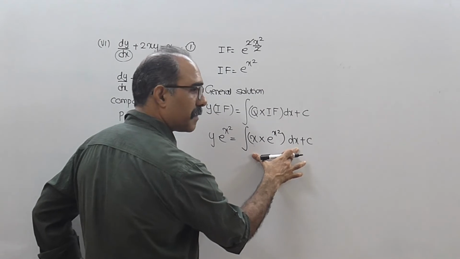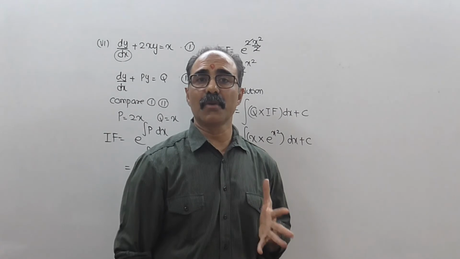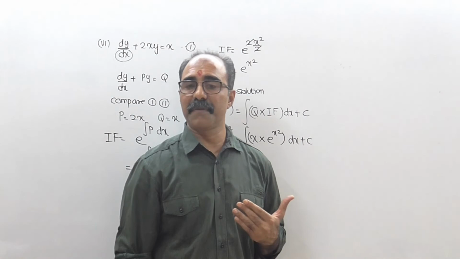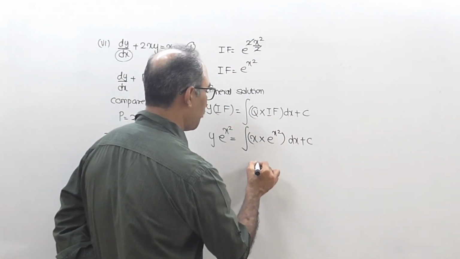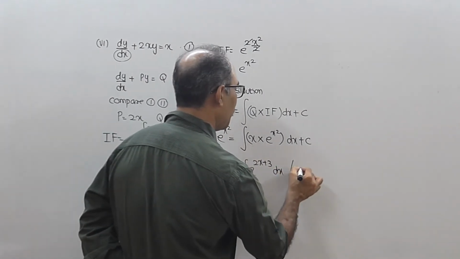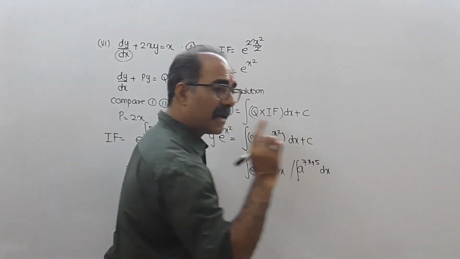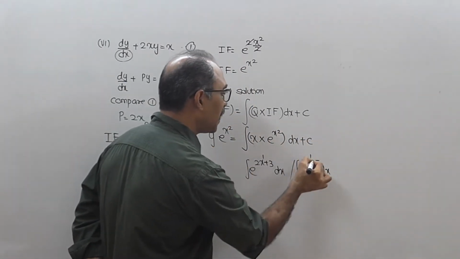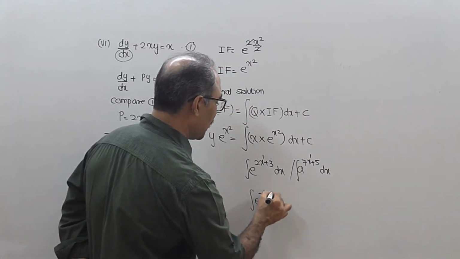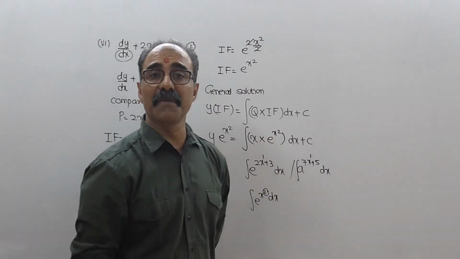Now let's try to solve this separately, because you cannot use integration by parts, because the basic rule of integration is whenever you want to find the integration of an exponential function, it could be e raised to 2x plus 3 dx, or maybe integration a raised to 7x plus 5 dx, the fundamental condition is it should be a linear equation in the index. But if you have e raised to x square dx, the power of x is 2, so it is not a linear equation, so there is no direct integration formula for that.